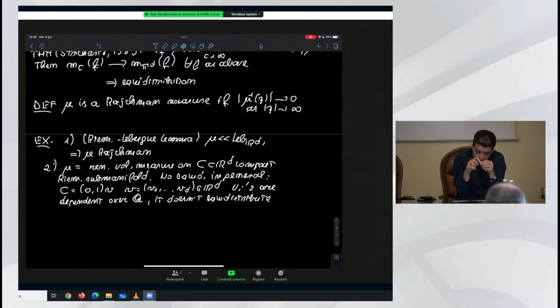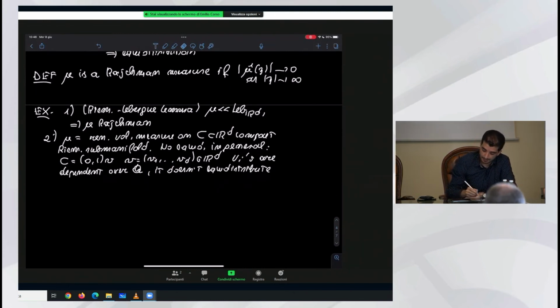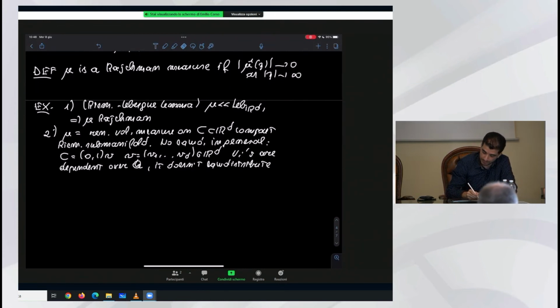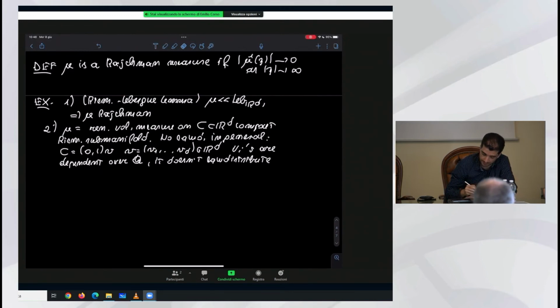But on the positive side, there is a result in harmonic analysis, say in the theory of oscillatory integrals, that says that if C is a compact hypersurface with nowhere vanishing Gaussian curvature,